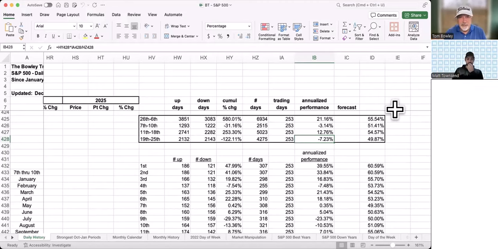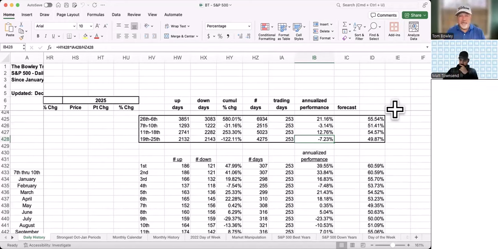back to option expiration week, monthly option expiration week, which always is the third Friday of the month. And if you look at a calendar, that means that the third Friday of the month has to finish somewhere between the 15th and the 21st of the month. I can tell you that